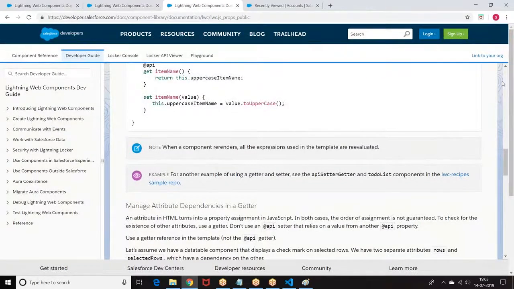The point is, we are at a very early stage of Lightning Web Components, so after three or four months we will find a lot of resources available, because everyone is very new to this. Right, boss. Okay, understood.